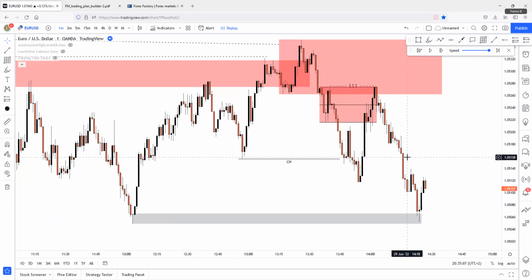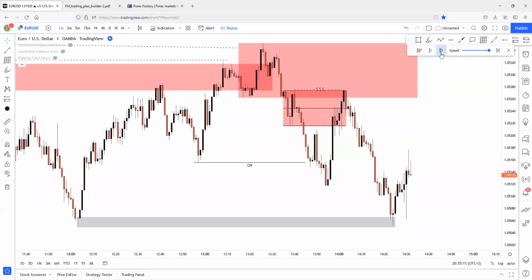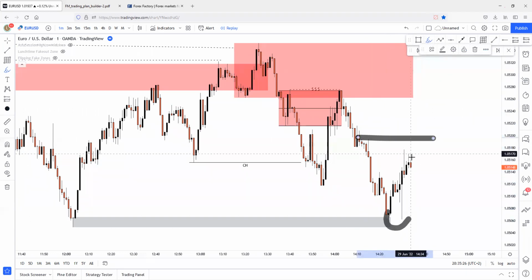This is our trading plan. This is how we trade, right? So this is the basic rule. We have to know this. Okay, so it was a demand reaction. Price changed character to the upside, and after a character changing movement, it literally mitigated this demand zone and started a way up. But this wasn't an entry opportunity for us because this high has to be broken in order to actually execute anything.